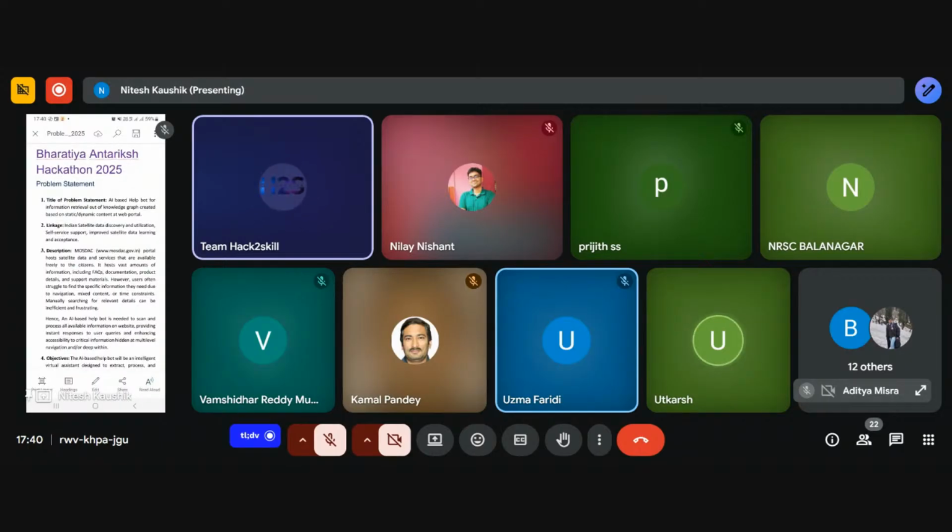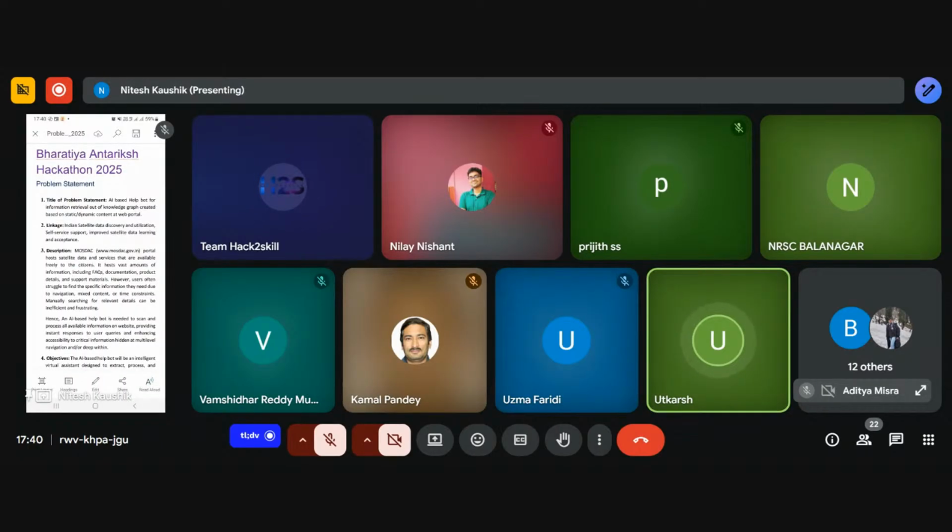Okay. So this is problem statement number 2, and that talks about an AI-based helpbot for information retrieval from a website. This basically expects you to carry out extraction of all sorts of information, be it static or dynamic, that is present at a particular website. And when we talk about the web address, we are precisely talking about MOSDAC, that is